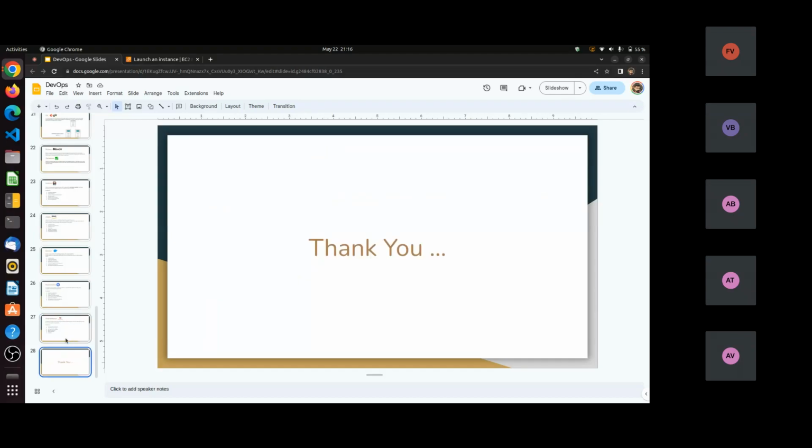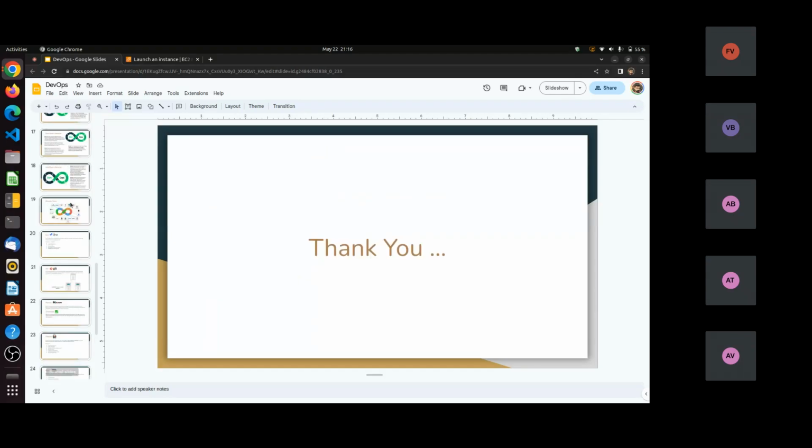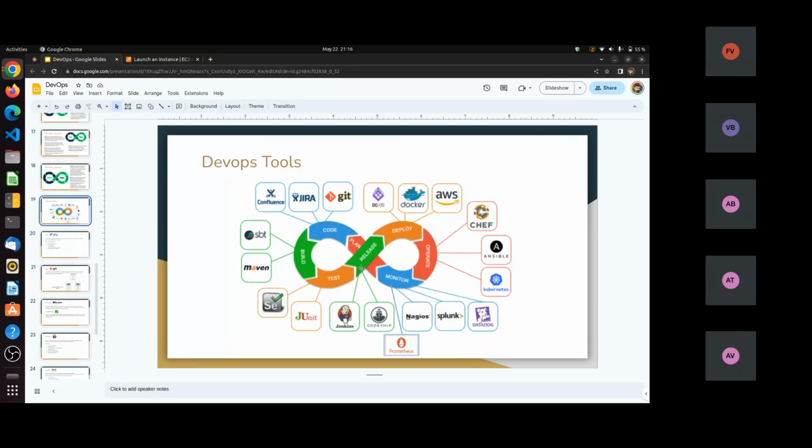So that's all for today. This is the DevOps lifecycle. The first phase is plan, then there will be a coding phase, then building, then the testing phase, and then the release is done through tools like Jenkins. Then the code, or our software application, will be deployed. Then there will be the operate phase, and then a monitor phase.